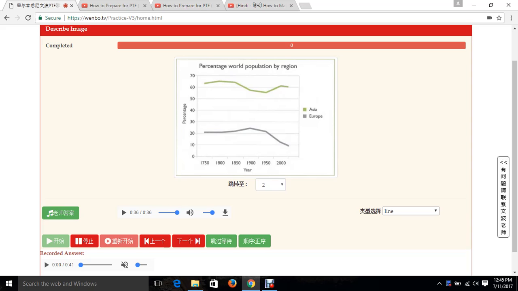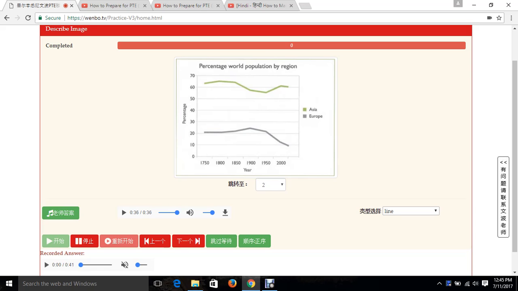You just need to keep this in mind that they are checking your English and along with the content of what you are speaking. So in brief, you have to tell the highlights of the graph, when the percentage is the highest, when it is the lowest, in which year it is the lowest, and which two countries, like in this case Asia and Europe, are compared.